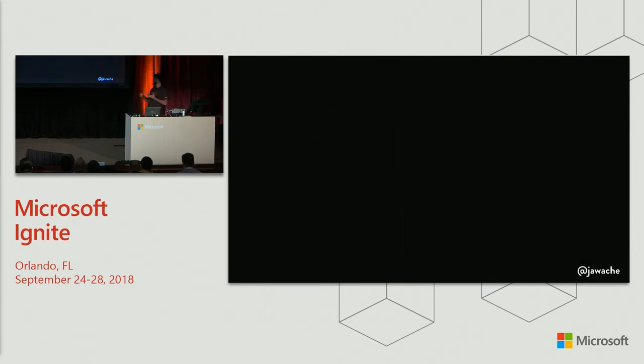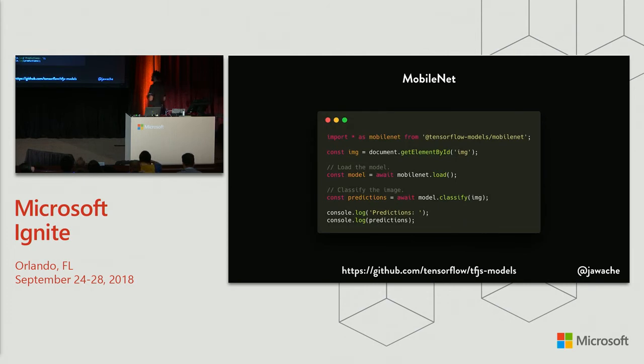And if you want to find a bunch of them, you can find them in a repo called TFJS models. The one important one here is MobileNet. MobileNet is just a model. It's a machine learned model, a static model you can load, and it's been trained up to recognize about 1,000 things in the world, just 1,000. But it's still pretty good, right?